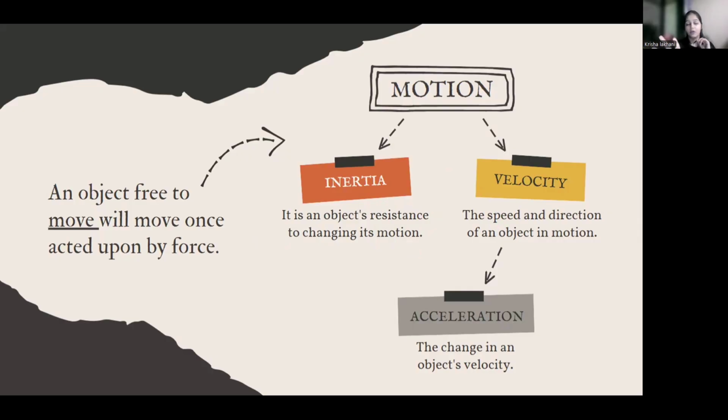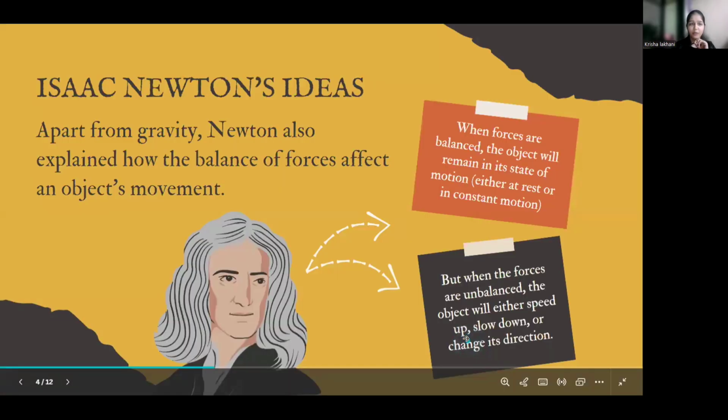Any speed of an object जो भी motion में जा रहा है उसको क्या बोलेंगे हम लोग? Velocity. And due to that velocity there is an acceleration. So acceleration is what? The rate of change of velocity. Any velocity that is changing in the particular rate of time is called as acceleration. I hope that is clear.